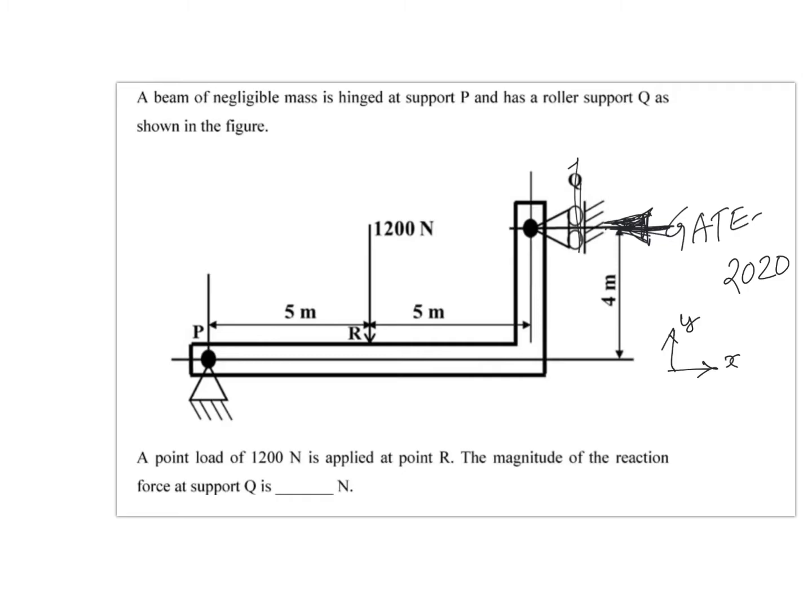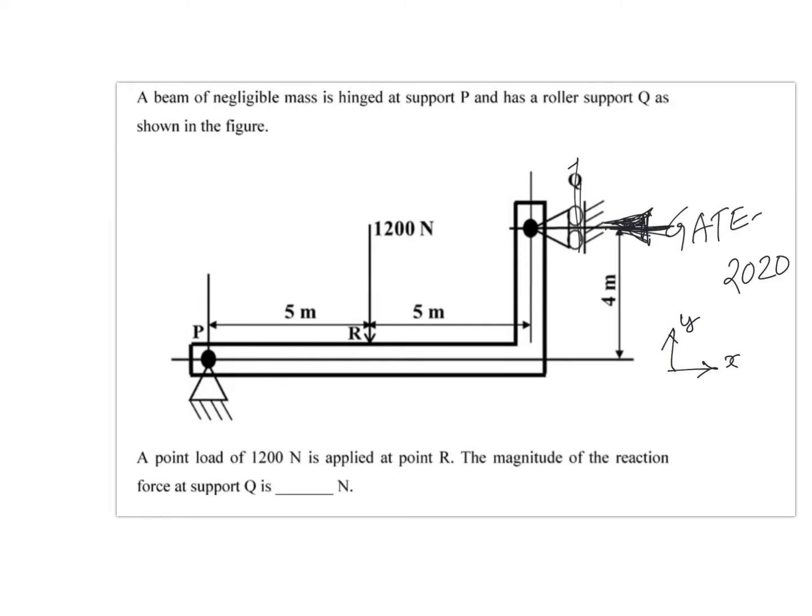If we call that force RQ, they are asking us what is that reaction force RQ. To find that, the best method is to compute the moments about this point capital P. Why is this the best point? Because this is a hinge support, hinged at support P, so there will be a reaction force in the y direction as well as in the x direction. So if we take moment about the point P, we can get rid of these two reaction forces. So once we do that,